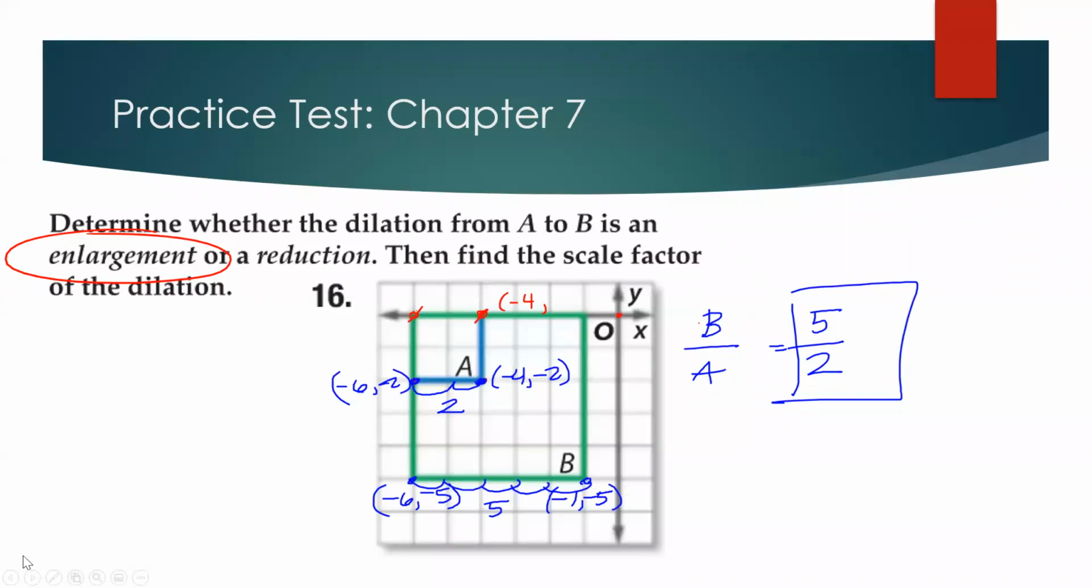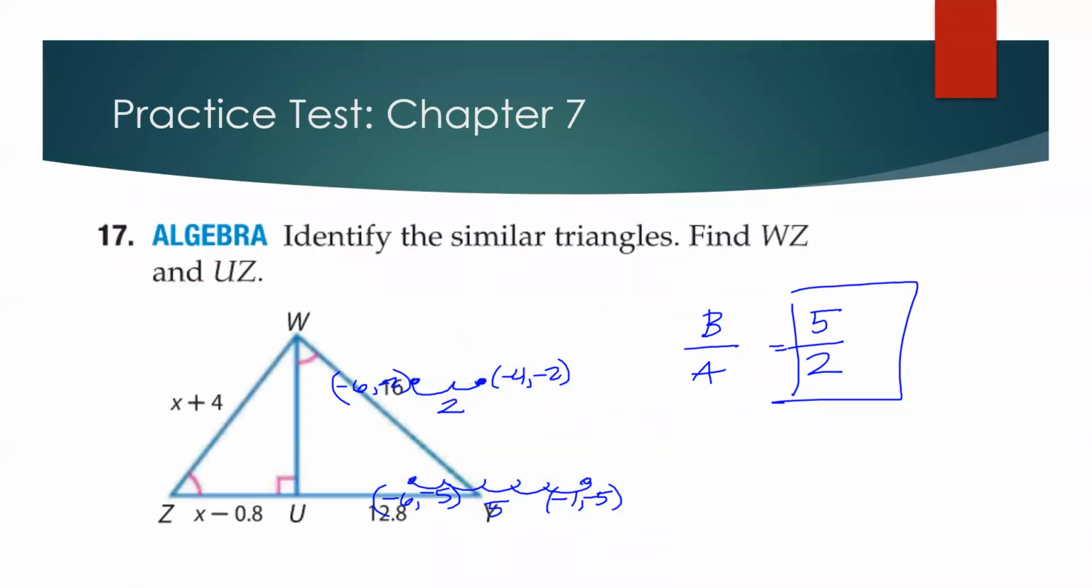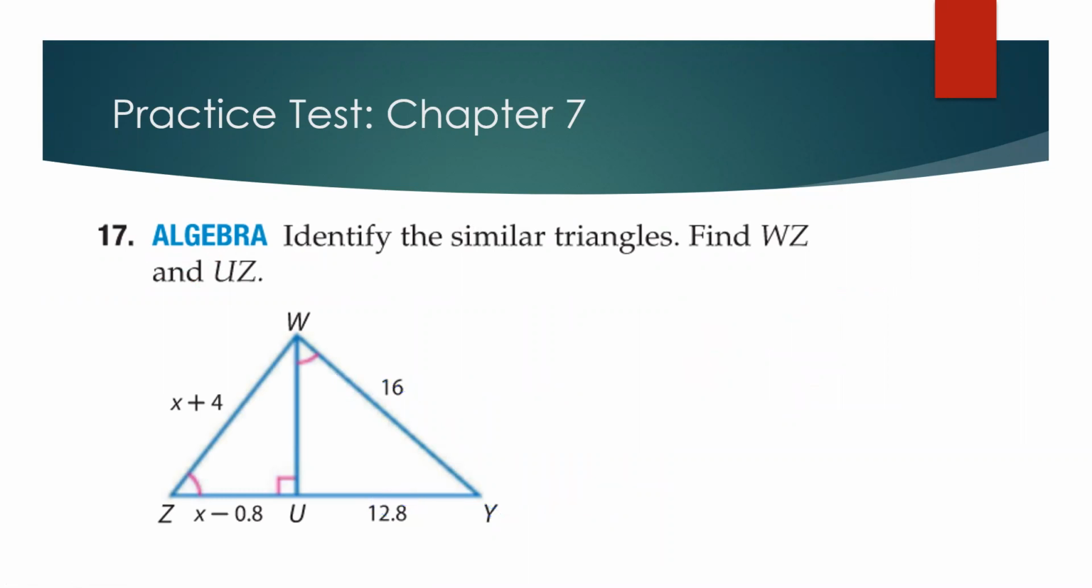Notice it's left as a fraction, okay? All right, next problem says to identify the similar triangles and then find WZ and UZ, okay? So if looking at these triangles, if this is a 90-degree angle, then this over here is also going to be a 90-degree angle. So like I told you before, I'm not a good visual person, so I need to redraw